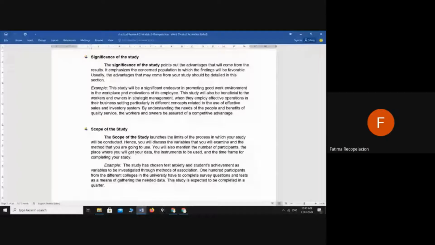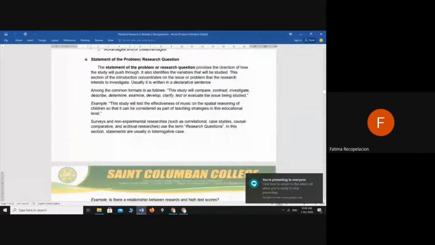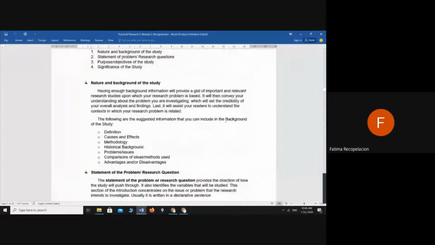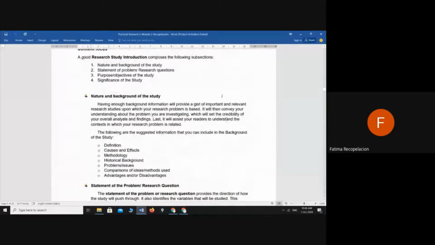Dili lang po diretso, the general public can benefit. Kinsa man nga public, you can also specify, particularly the so okay, so